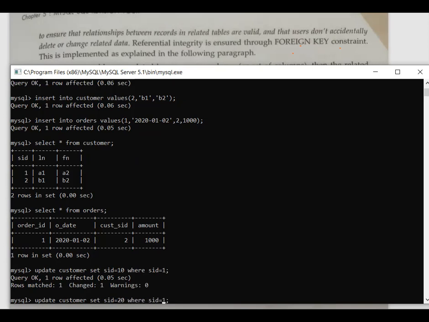Now what do you think? Will work or not work? It will work or no? And why? Update will work or no? And why?